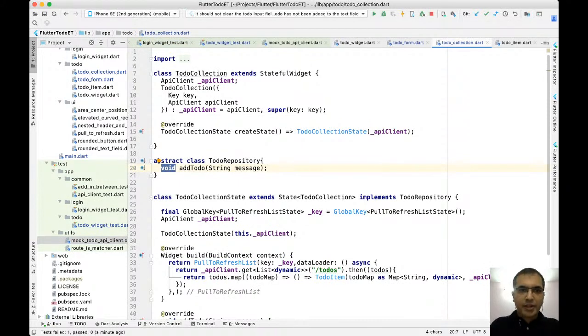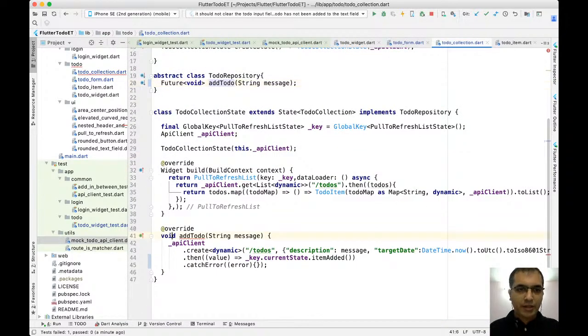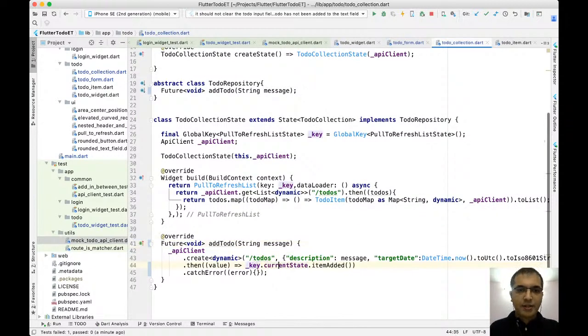Future of what? I can say just a future of void. That's good enough for me. I don't see a reason why this should not be the case. So what I'm going to do is this should also return a future of void. And that's it.